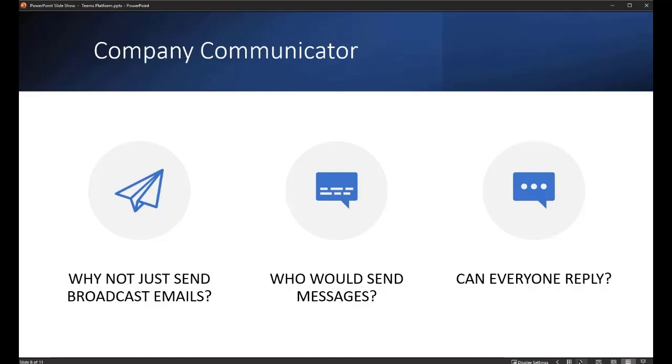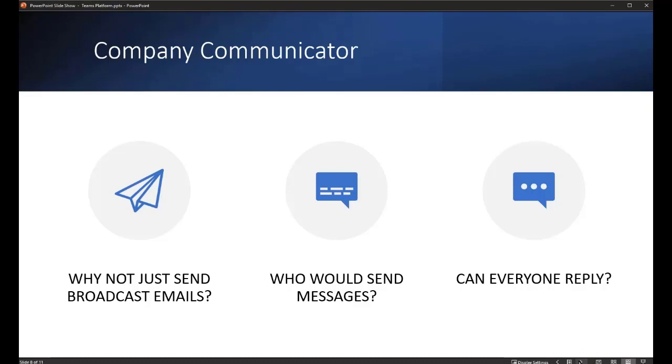installed this. They've got a tenant with like 320,000 people in it, and they were finding their read rates for their broadcast emails were down between 4 and 6%. So that's a really, really low read rate. They were looking for a way to get the read rates up, and they're getting read rates from this system in the 80-something%. We have a whole program that we're doing with people called the Broadcast Hub in order to get people installing this and teaching them how to send out messages to everybody using this